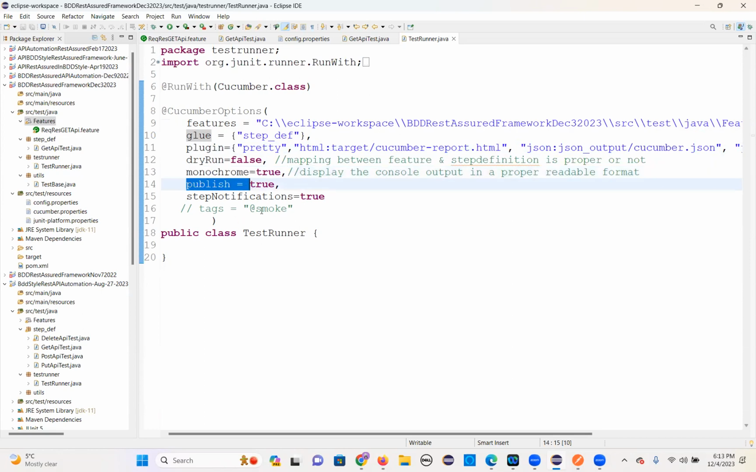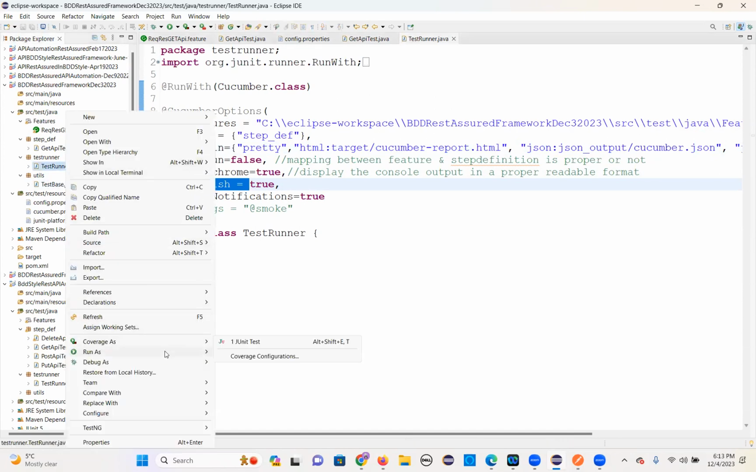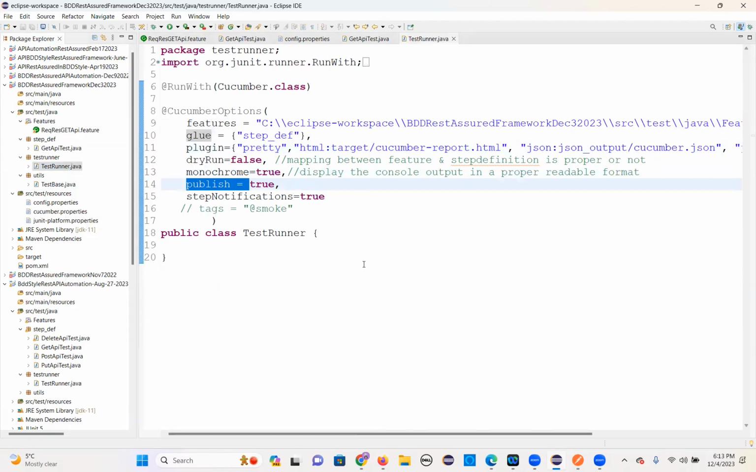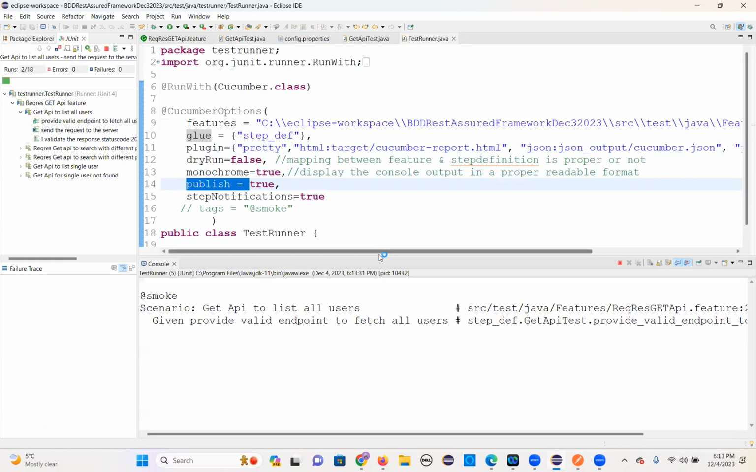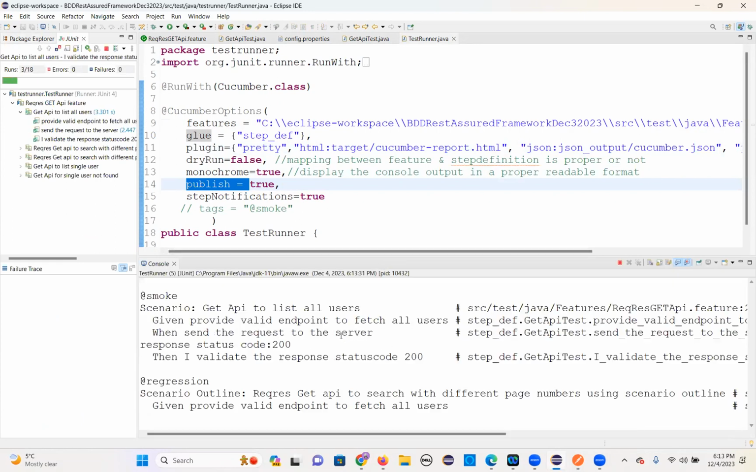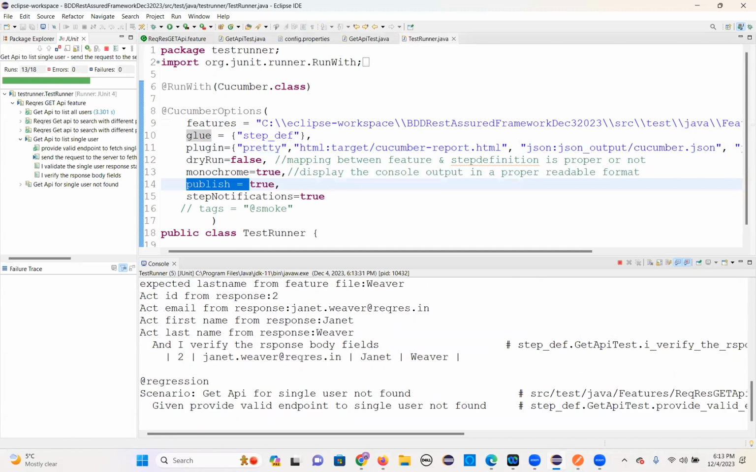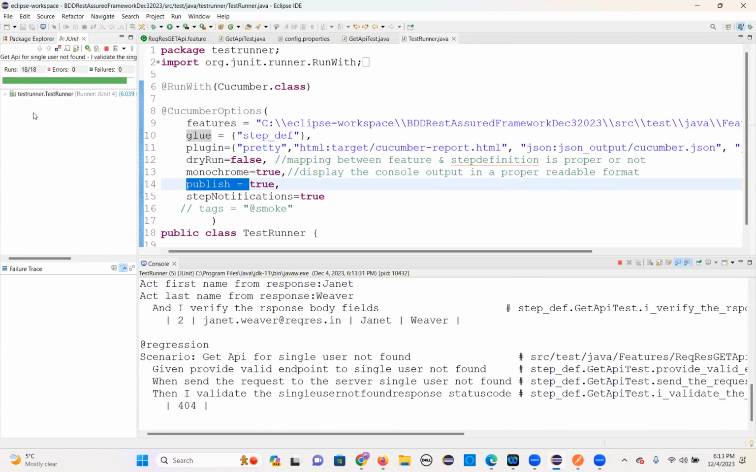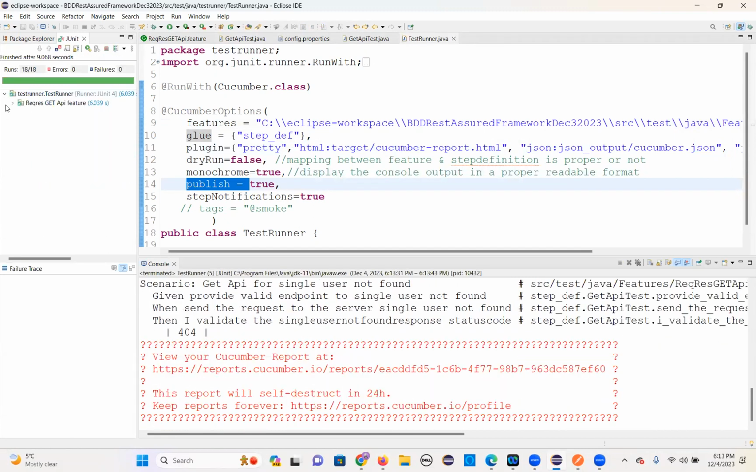So publish, you are publishing the reports, and just run this. Right click, run as Java JUnit test, sorry, run as JUnit test. It's very fast because it's APIs, right? It's very, very fast. And you can see each step,